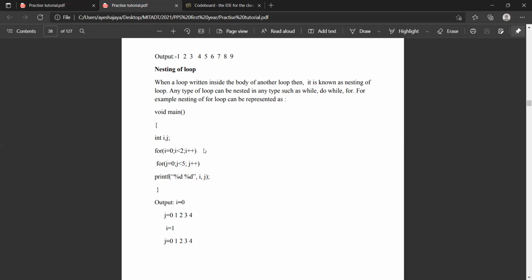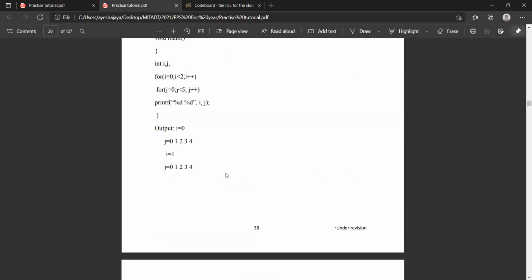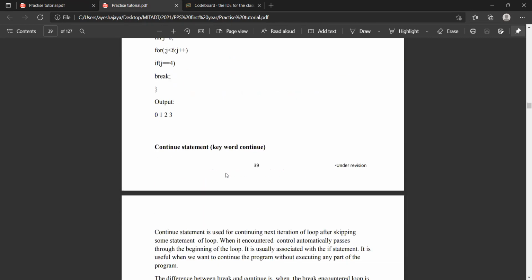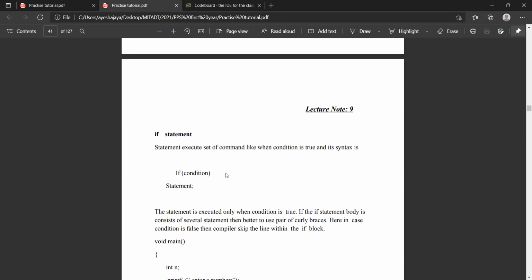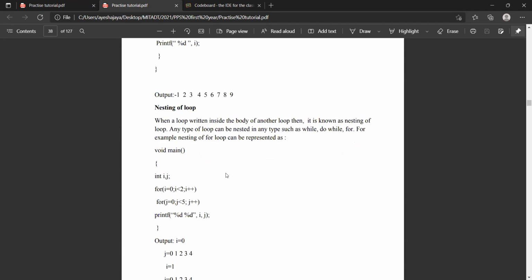But this is the hardcore of C language, nesting of loops. So let's fix the next topic for nesting of loops with break and continue statement. We will focus on this topic only because it's a very complicated topic, and we will be studying some programs, executing them, and going through them one statement at a time.